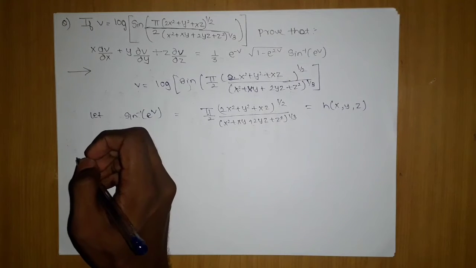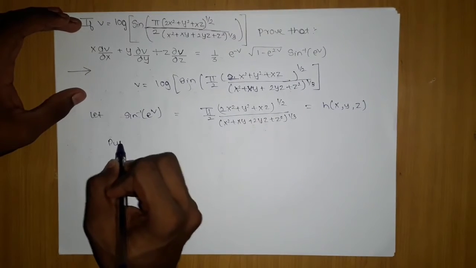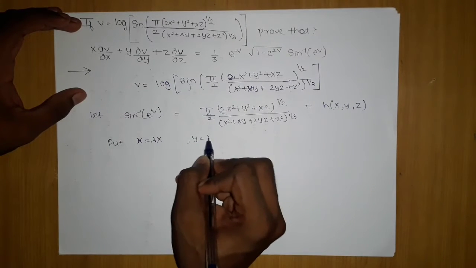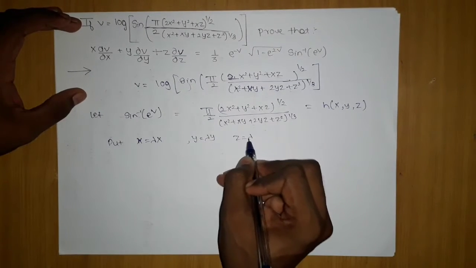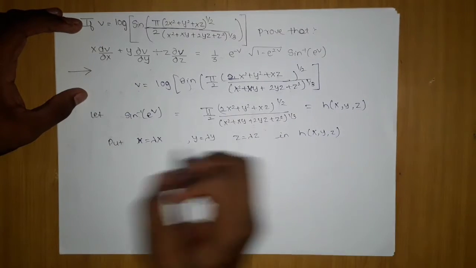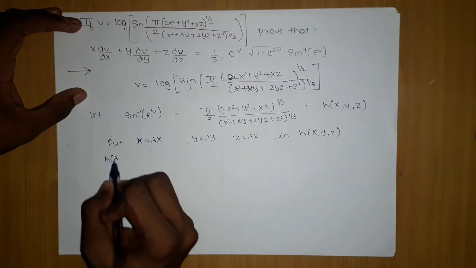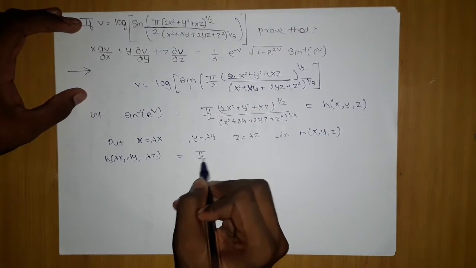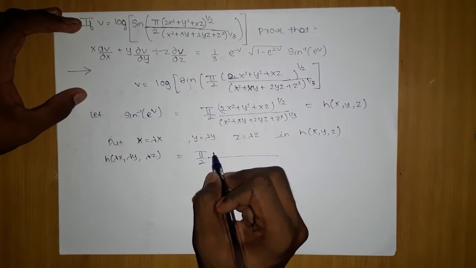The moment you do that, put x equals lambda x, y equals lambda y, z equals lambda z in h(x, y, z). You will get h(lambda x, lambda y, lambda z) equals to pi by 2 bracket, you